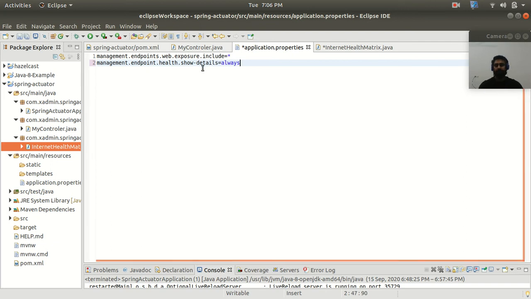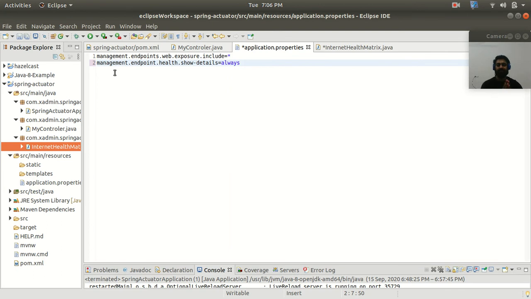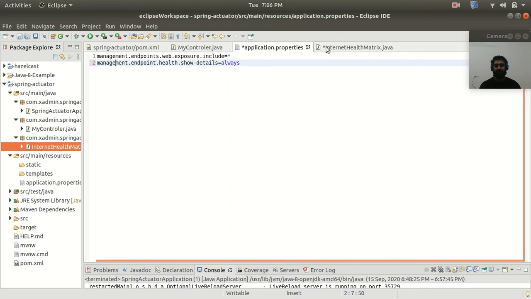So guys, this property is going to enable our health metrics. It is going to make our health metrics customized. So it is going to access our customized health metrics, not the default ones which are provided by the actuator. So now it will access our customized health metrics like we have provided here.